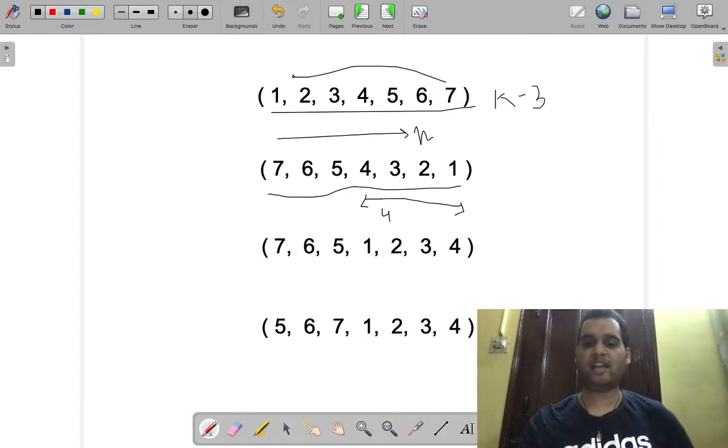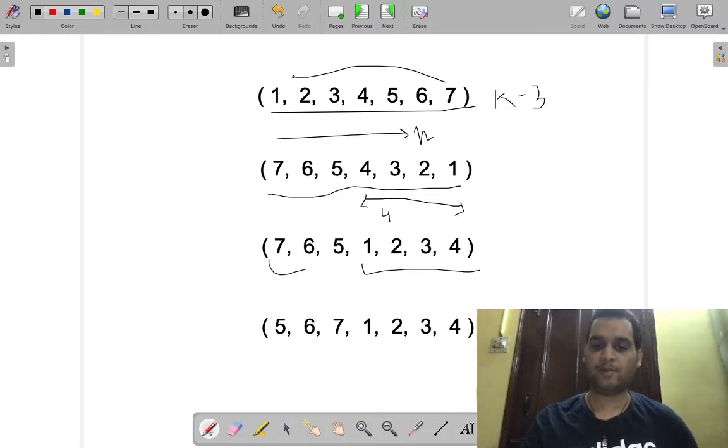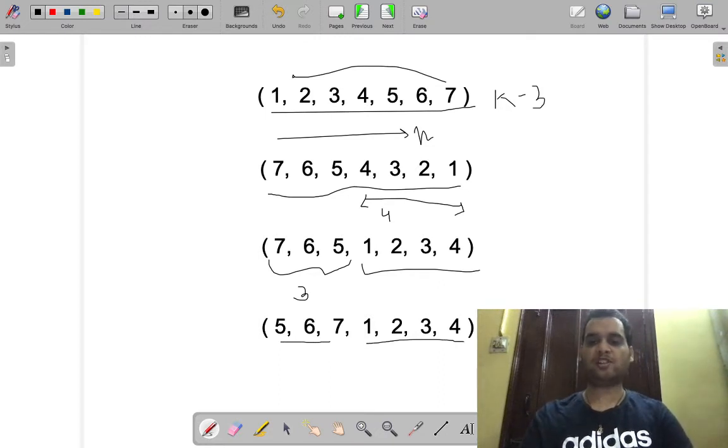Okay, so the array will become 7 6 5 4 3 2 1, and reversing those 4 gives 1 2 3 4. Now what we are going to do, we are going to reverse 0 to k elements from the left. So these are 0 to k, that is 3 elements. So this becomes 5 6 7 1 2 3 4, so the output of the rotation should also be the same.